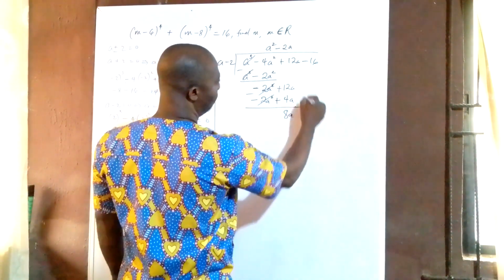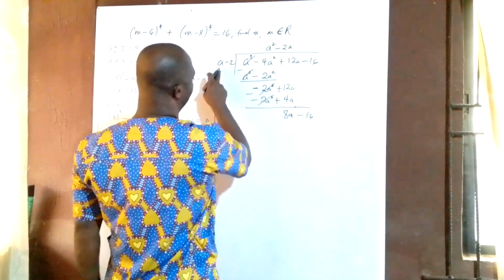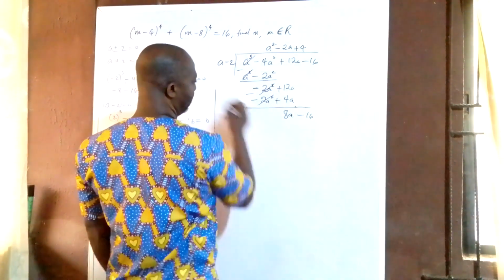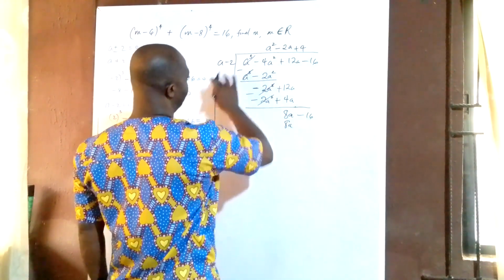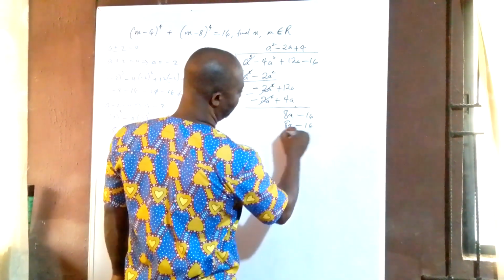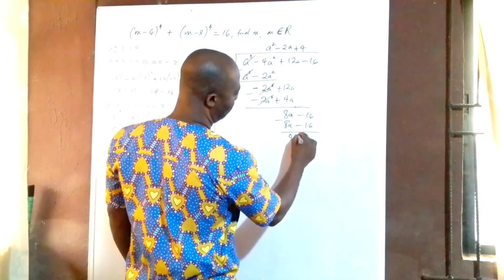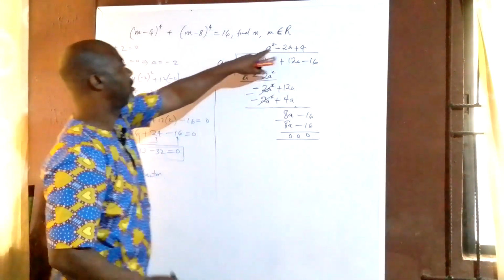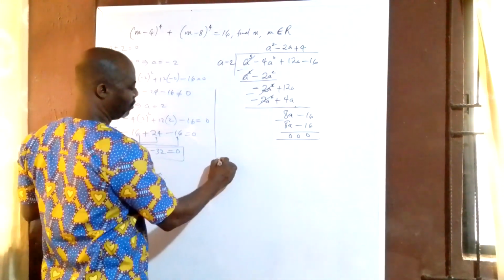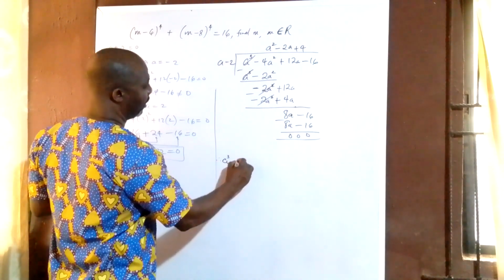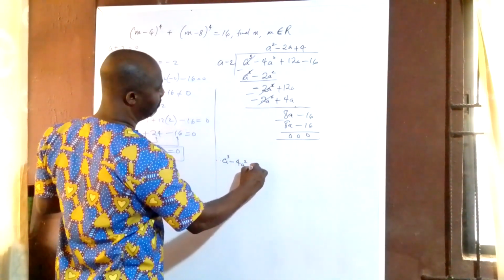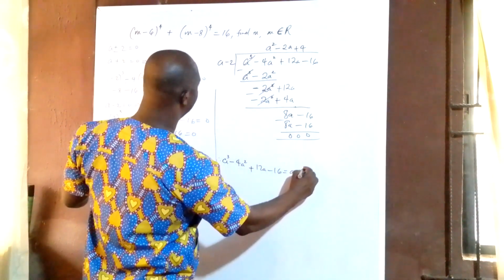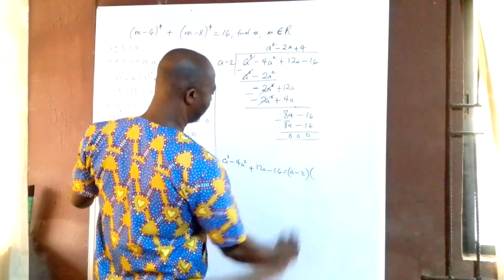So let's bring that down, minus 16. So a in 8a will give us plus 4. 4 times a will give us 8a. 4 times minus 2 will give us minus 16. And the difference will give us 0, okay? So it means that this is the second factor. Therefore, we can say that a cubed minus 4a squared plus 12a minus 16 is equal to a minus 2 brackets